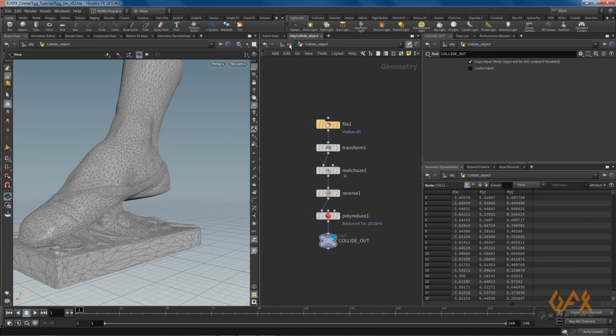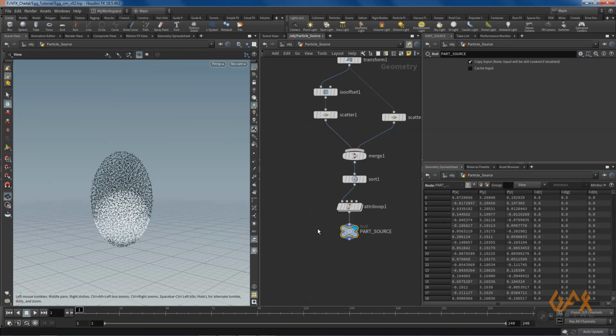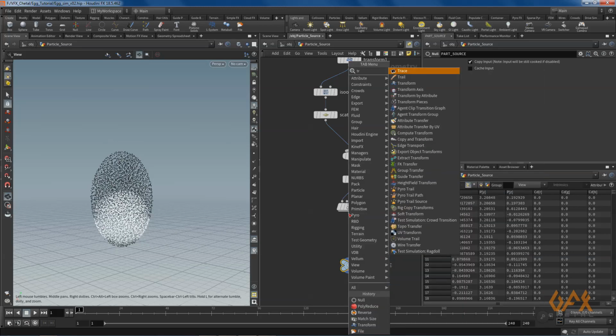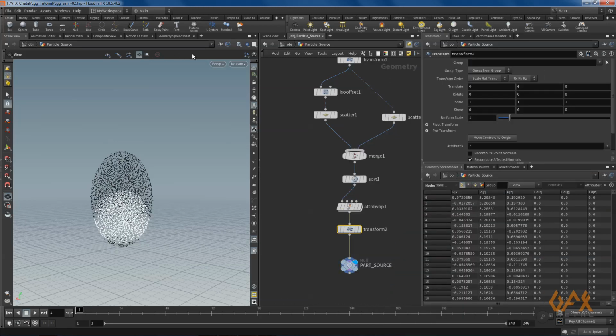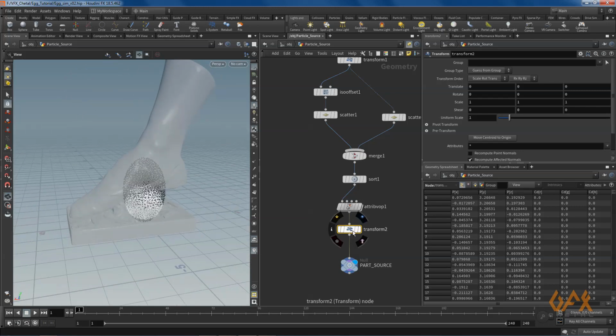Now I again go to my main network flow and I go to particle flow. Over here we need to create one transform. Now click over here, ghost other object, so I can easily see where my position is located.